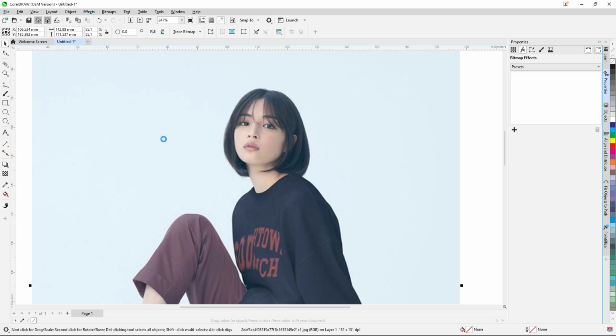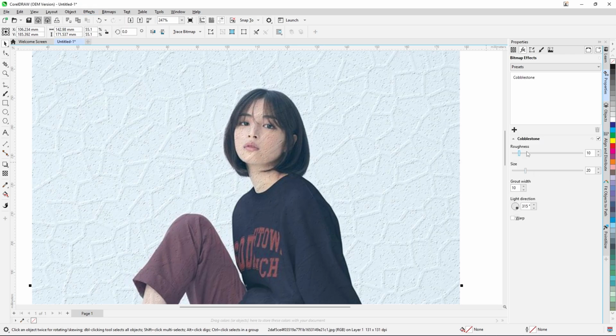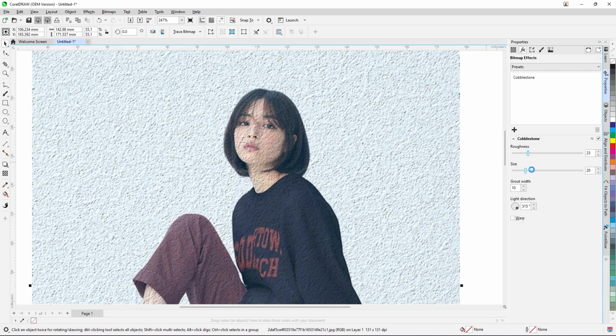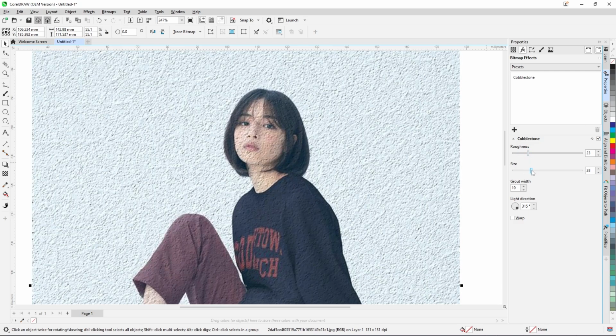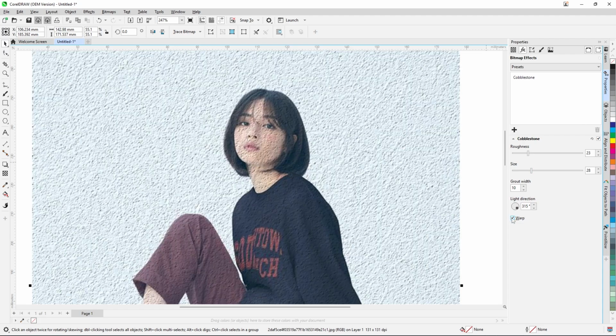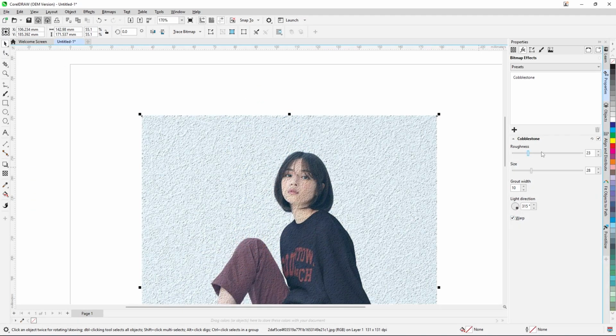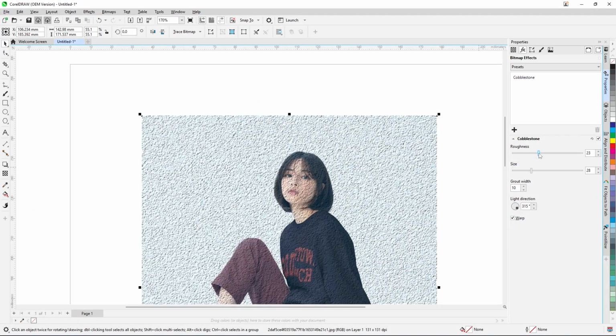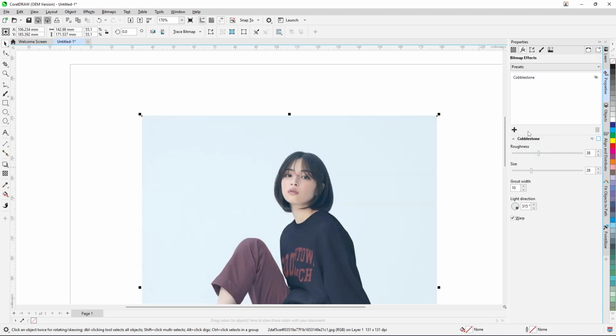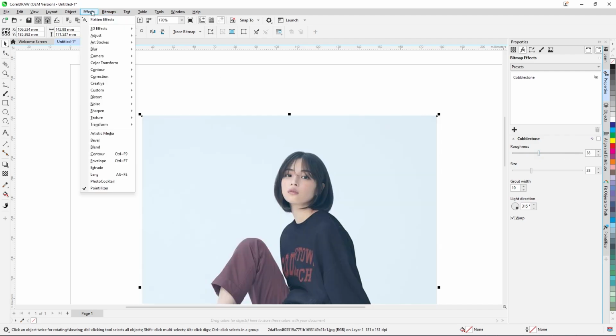This is the cobblestone. It's kind of cobblestone, and the roundness, the size also you can add, right? And this is the wrapping. So this is the cobblestone effect, right? So you can uncheck this, and from effects again,